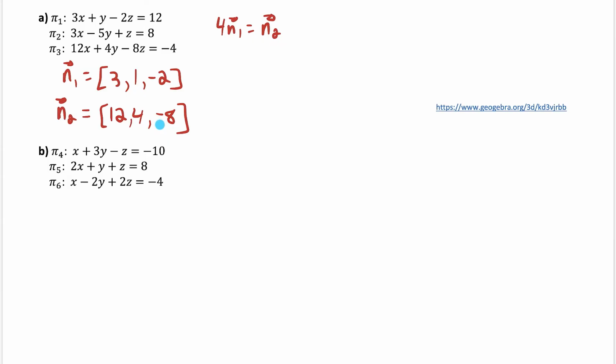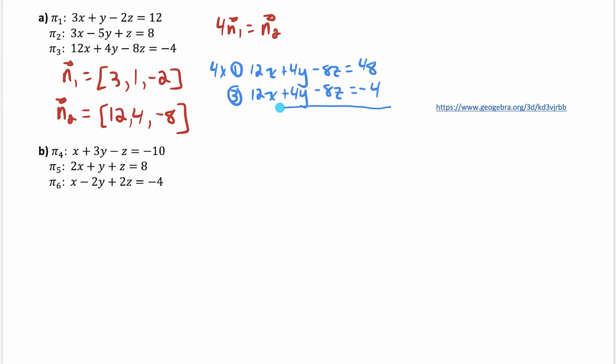There's a couple ways we could check that. We could check if it's the same scale factor or same ratio between the constant terms. Or we could go ahead and try and eliminate a variable with those two planes and see what happens. And I'll just show you that. So if I were to try and eliminate the x's between plane 1 and plane 3, I'd have to multiply plane 1 by 4. And that's going to actually make all of the coefficients of the variables the same. And if I were to subtract these two equations from each other, everything on the left eliminates, so I'd have 0, equals, and on the right I have 52. Well, 0 can't be equal to 52,